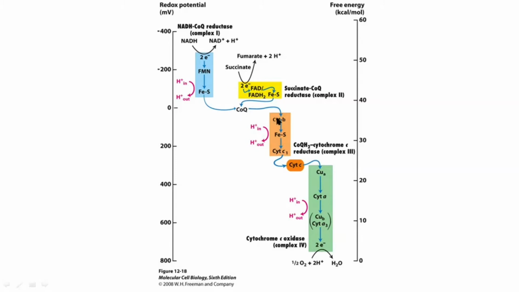Before seeing different components of electron transport chain, let us see in what order they are arranged. They are not arranged randomly, they are arranged in a specific order. This is based on redox potential. Here in this scale, what you are seeing is redox potential expressed in millivolts. If you see the order, they are arranged in increasing redox potential. You see which is having maximum redox potential. Oxygen is having the maximum redox potential and it is 800 millivolts.